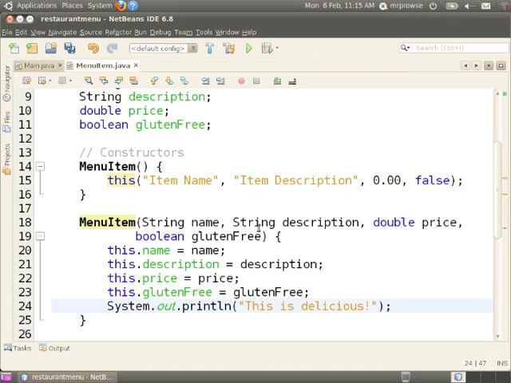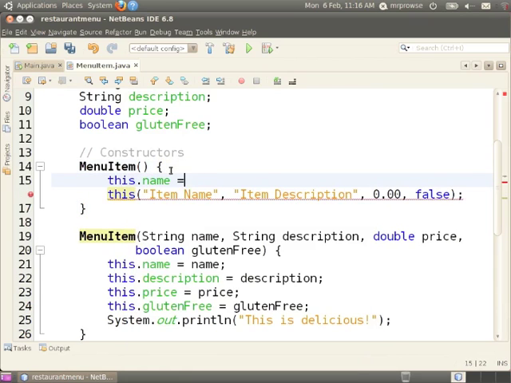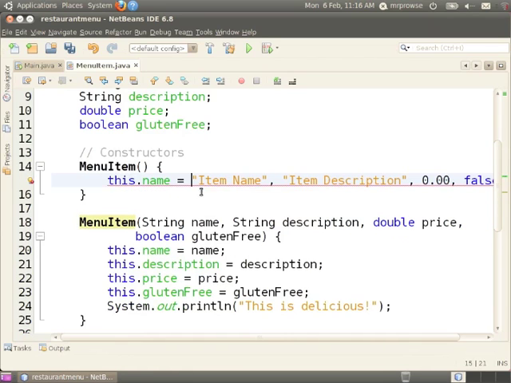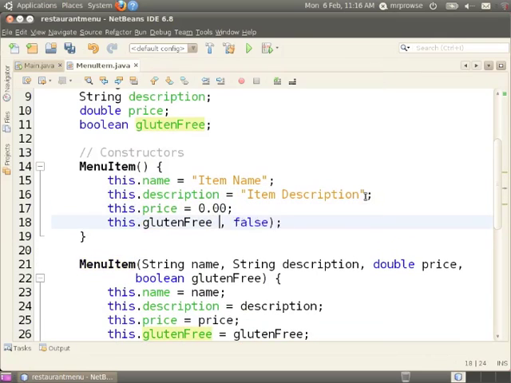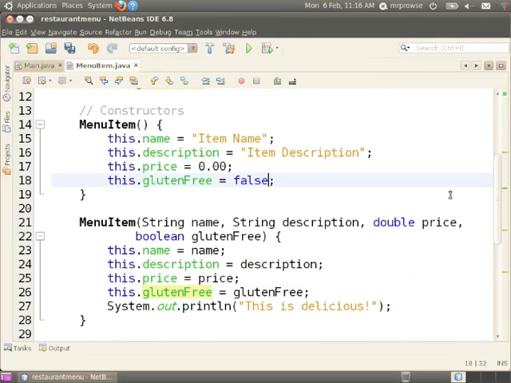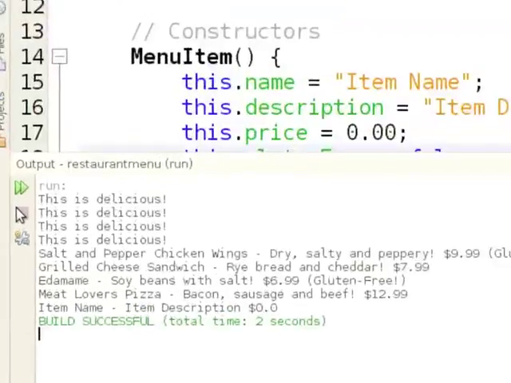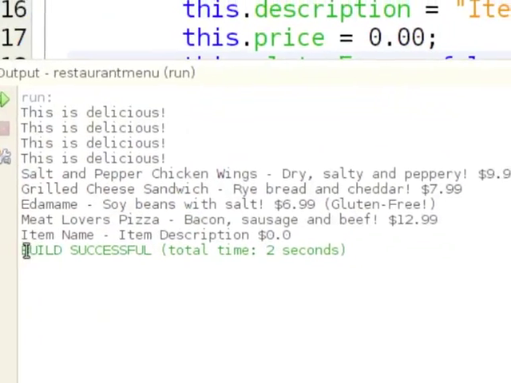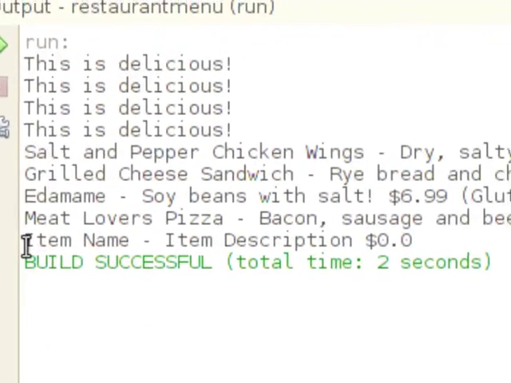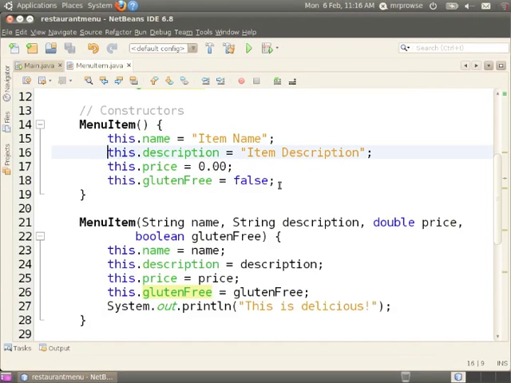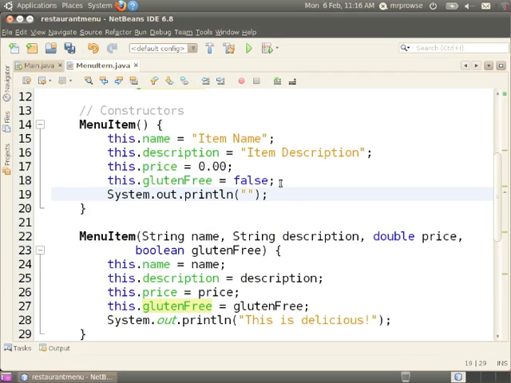Now, this is obviously a very dumb thing to do, but if this is what the client wanted, we might try this. If I had two separate constructors and I was doing this the old way, like this, you can see what the problem would be. If I run this now, you'll see that it only prints out "This is delicious" 4 times, because for this item here I called a different constructor, and so this constructor did not print out "This is delicious." So I'd have to go in here,